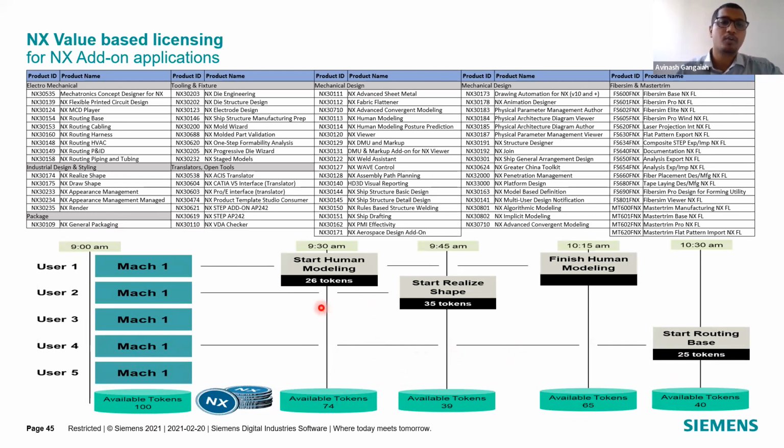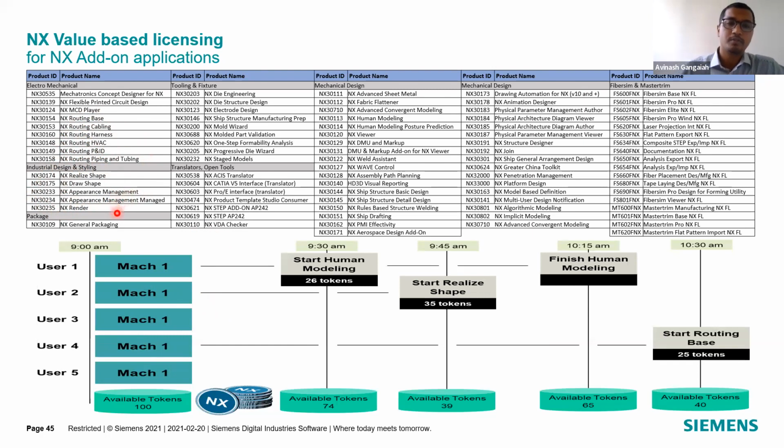Now let's go back to the actual number of licenses that you can access as part of it. You're looking at close to 60 plus add-on modules that you can access on top of this base license, and then use it whenever you want in production. So from a consumer product standpoint, what all would be beneficial, right? You can look at the routing and cabling that you can all do, and also all the industrial styling that will be made available as part of the flexible licensing through realized shape,